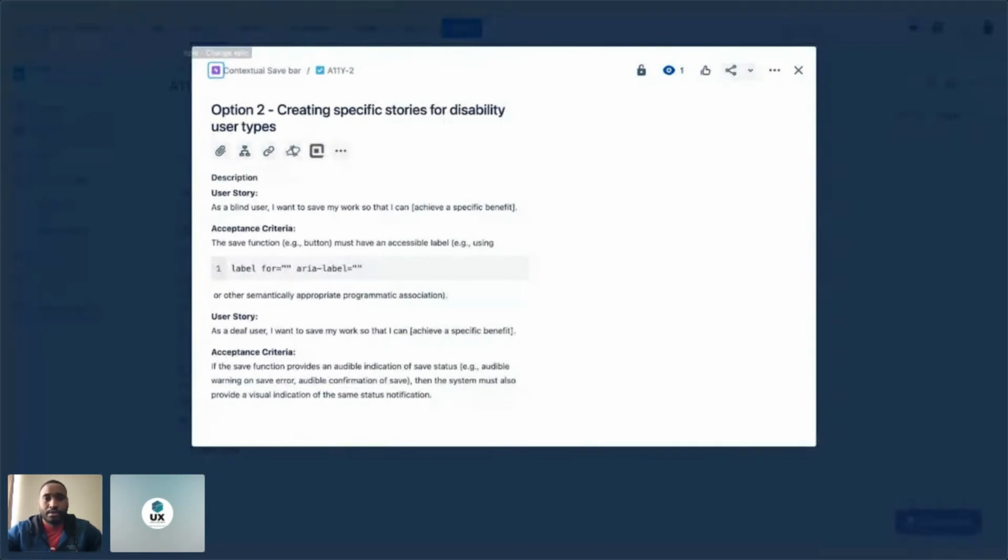And the save button must be keyboard accessible. Using the same example for option two, you may wish to consider adding accessibility requirements to your user-specific acceptance criteria. For example, the user story would be, as a blind user, I want to save my work so that I can achieve a specific benefit. Acceptance criteria will be, for example, the save function, the button must have an accessible label. For example, label for in quotes, or aria-label equals save your work, or other semantically programmatical